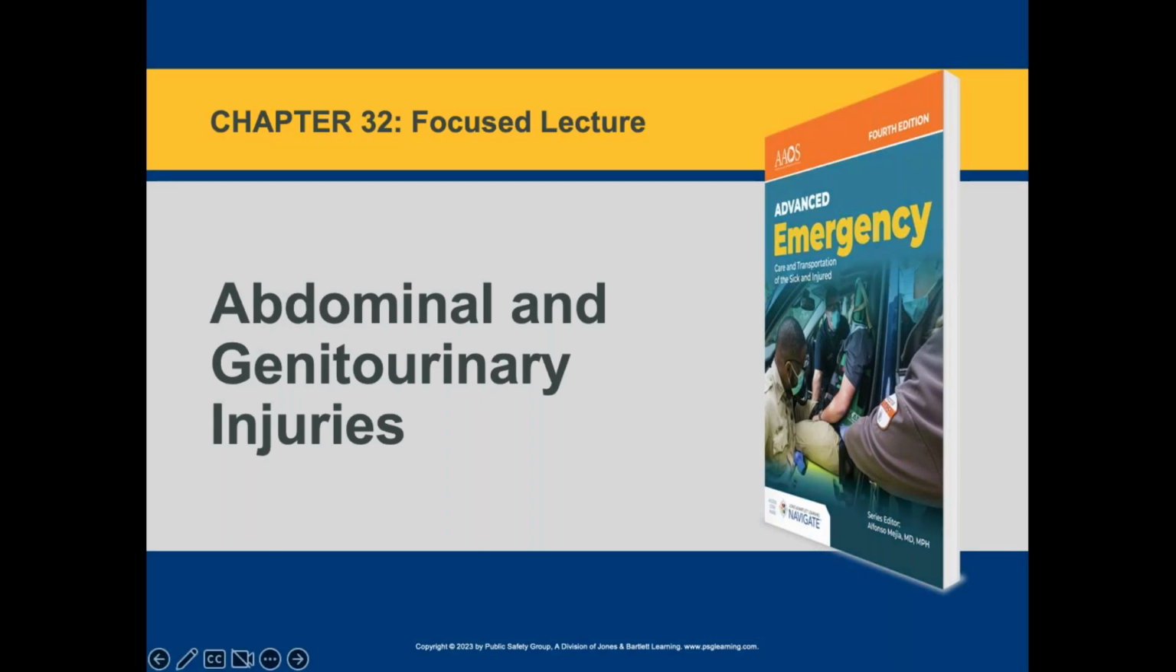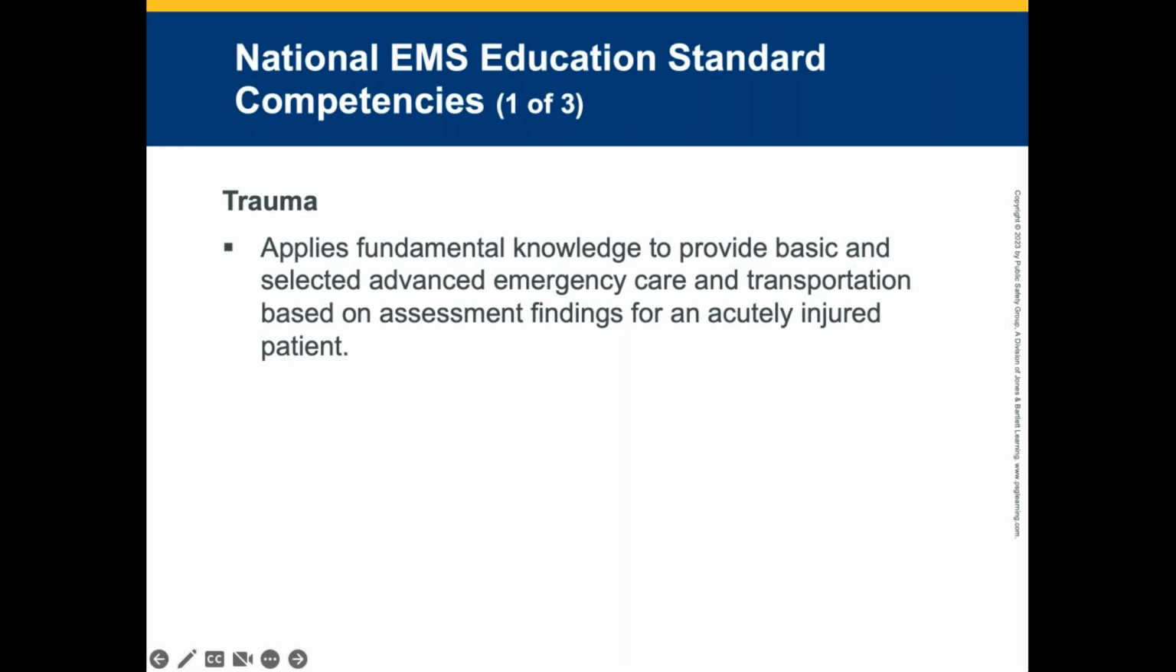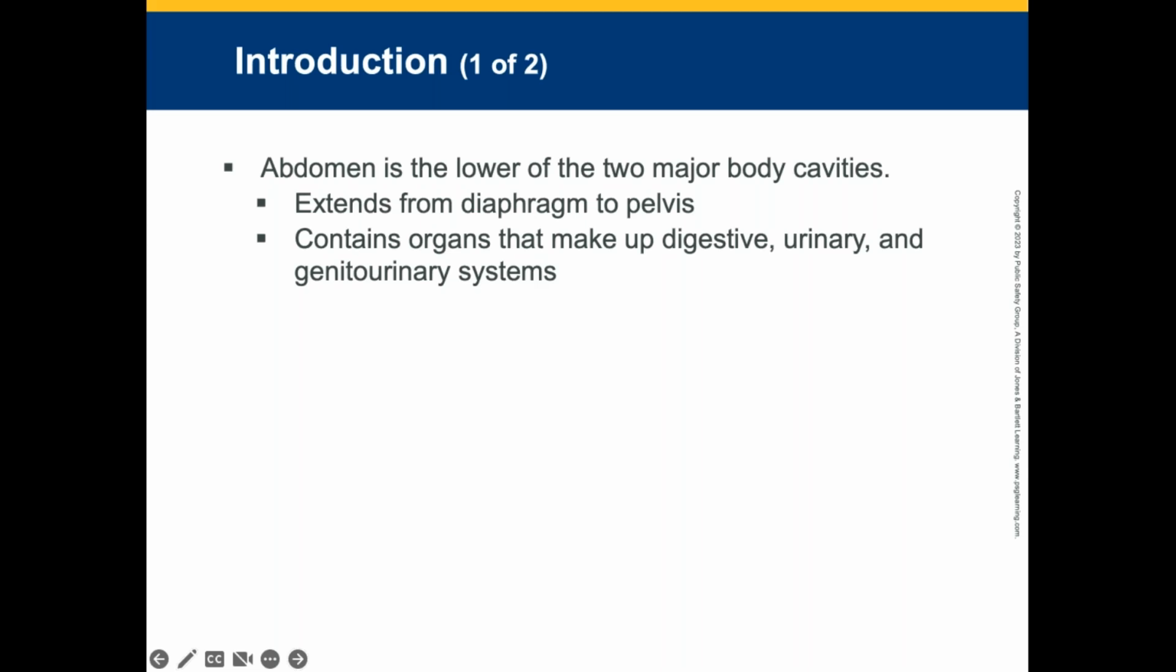All right, so let's cover chapter 32. We're going to cover the abdominal and genitourinary issues. Let's go over some AEMT material really quick and go over the genitourinary process as well. With abdominal injuries or issues, maybe medical, maybe trauma, whatever it may be,